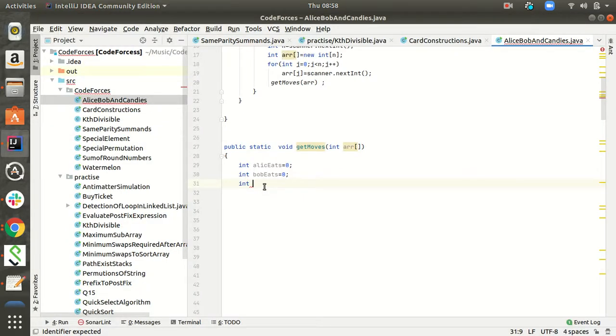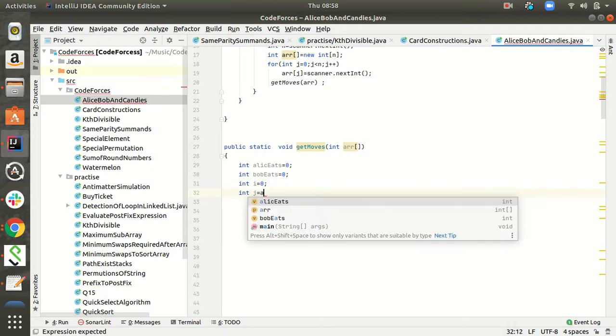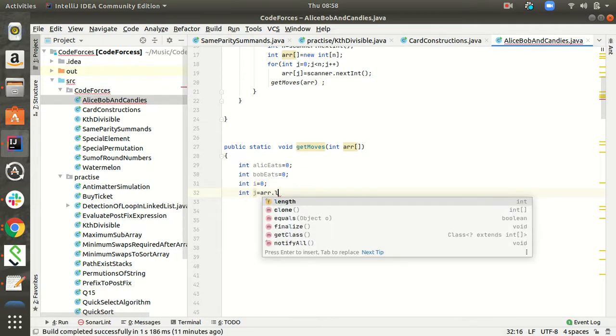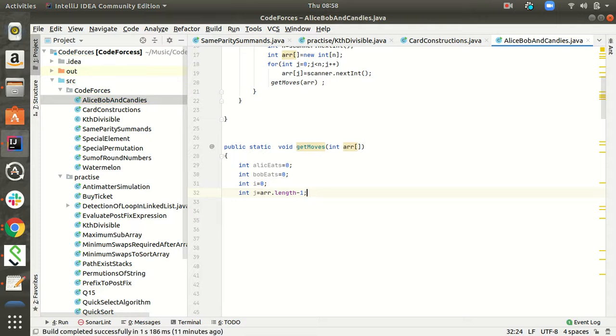So int i equal to 0, int j equal to array dot length minus 1. We'll take a count as well for the number of moves.